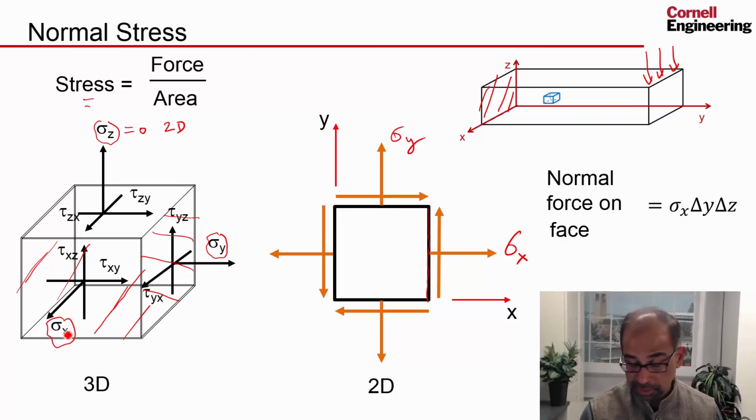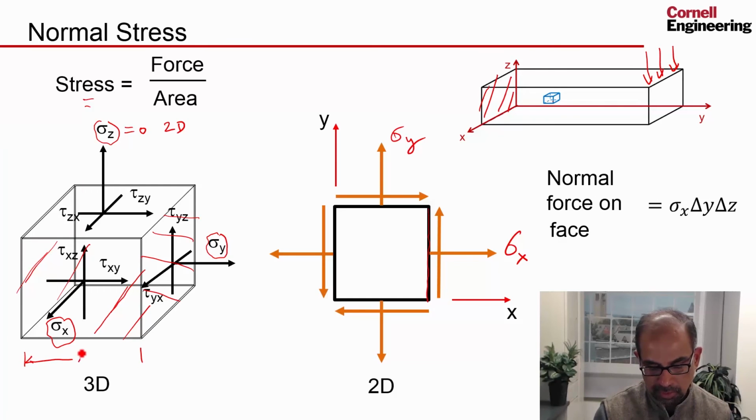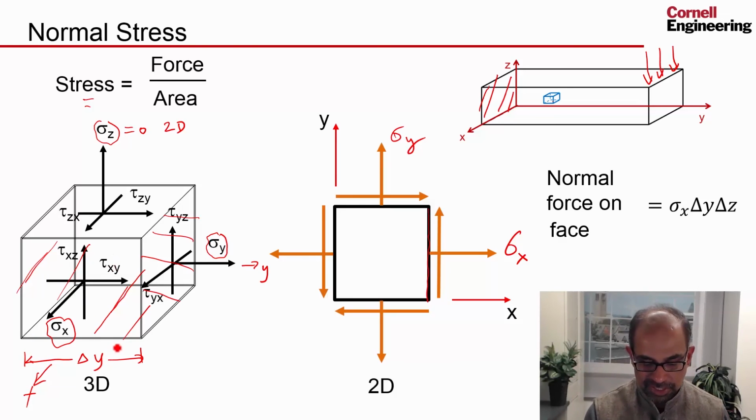And if I want to know the normal force on this particular face, I would say it's sigma x, the stress, times the area of that face. If this distance is delta y, since this is the y direction, and this here is the x direction, perpendicular to this face here. Pardon my chicken scratch. Similarly, this will be delta z. So if I take that normal stress and multiply it by delta y times delta z, which will give me the area, that'll give me the total normal force